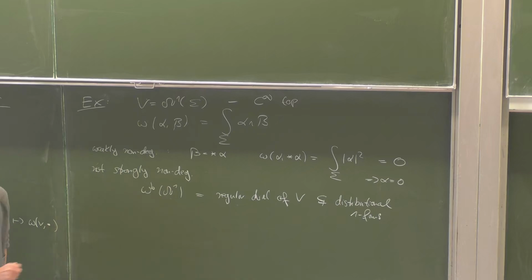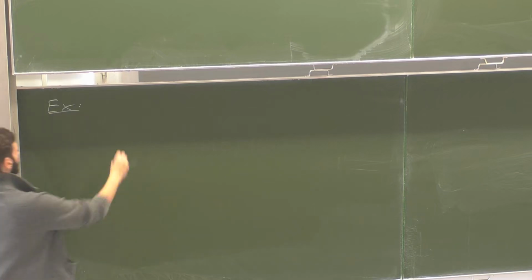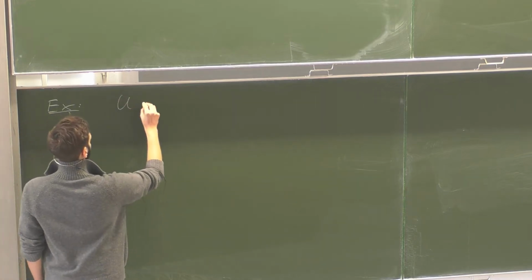So that's the first example. And the second example is somehow the cotangent bundle, but just in a linear case. So in this case, we have U,